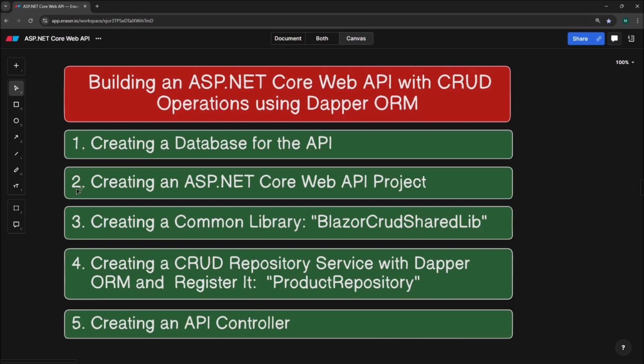Step 2. We will create an ASP.NET Core Web API project. In this step, we will cover some important topics including the app settings JSON file, API-based URL, adding CORS policy, service registration, etc. In step 3, we will create a common library, namely a